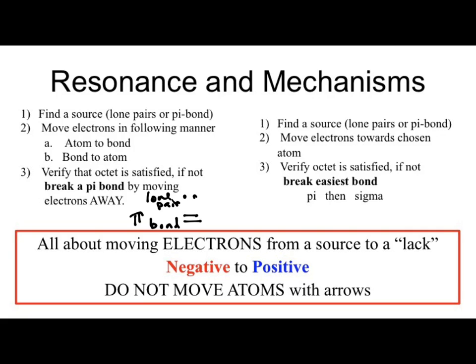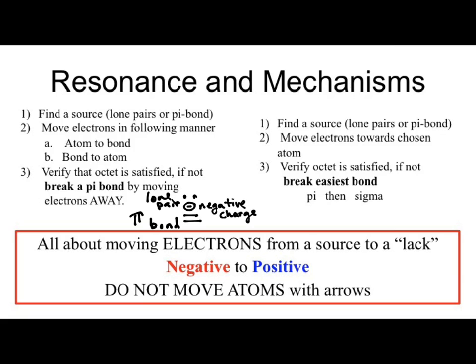Negative charge, right? Those are going to be good sources of electrons. Doesn't that look kind of funny? It's like a little face. So, negative charge, lone pairs, pi bonds, all of those are really, really good sources of electrons just